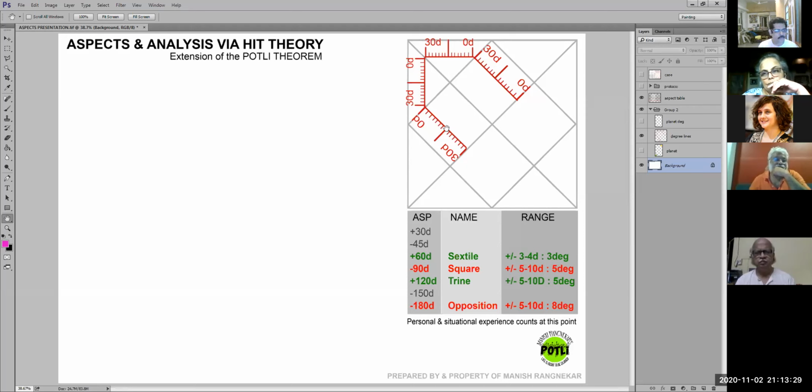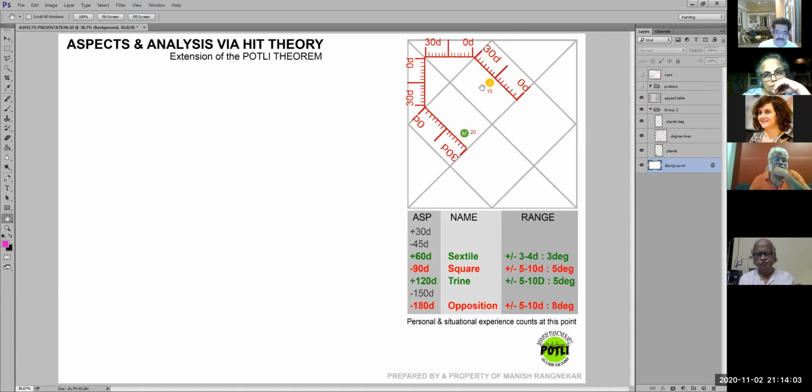In your chart, maybe you have 2 or 3 planets at the same degree, and they might not be 90 degrees apart also. So basically now, if I switch this on, unless I know at what degree on this scale this one is seated and where this one is seated, I'll not be able to do any judgment. Suppose this one is at 15 degrees and this Mercury is also at 15 degrees, then you can say that Jupiter is giving an exact 90-degree hit to Mercury. Now I'm switching on the degree.